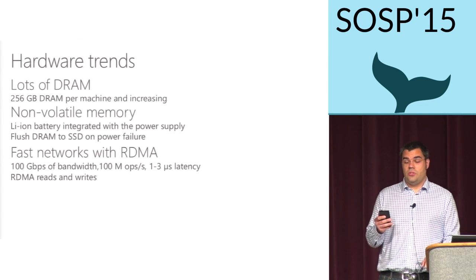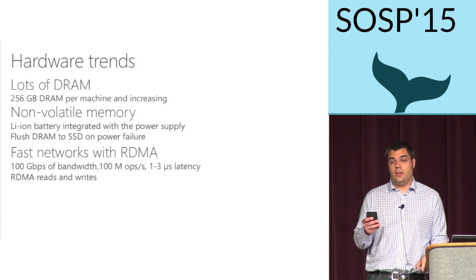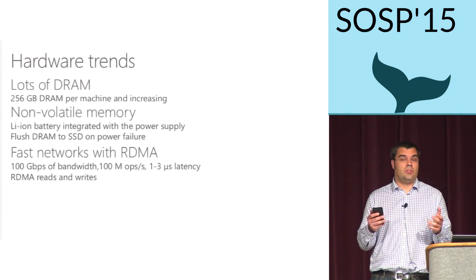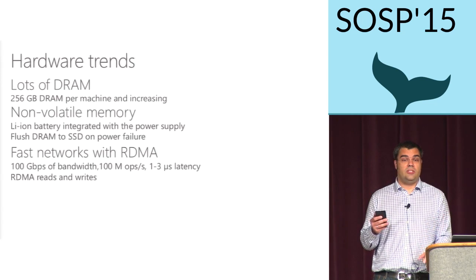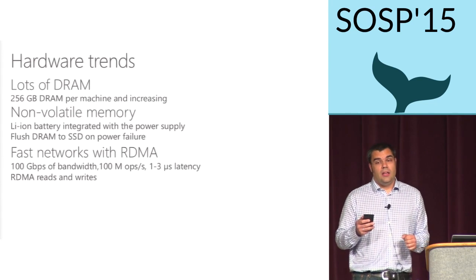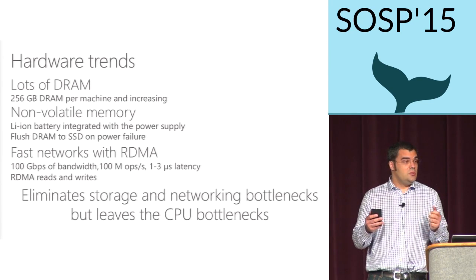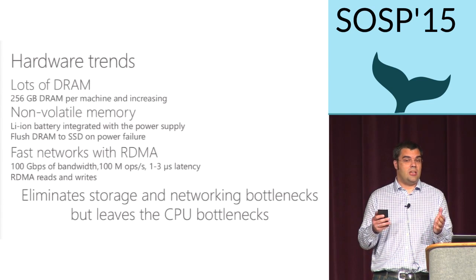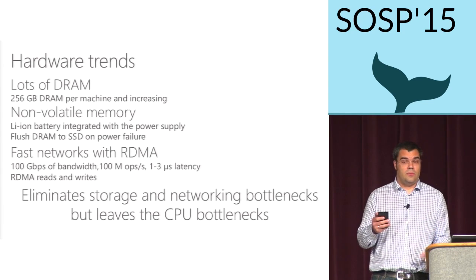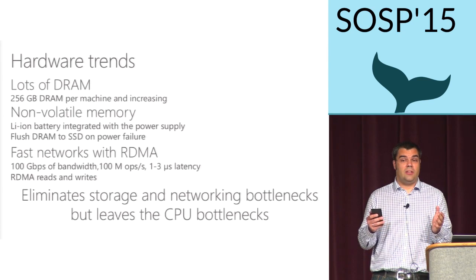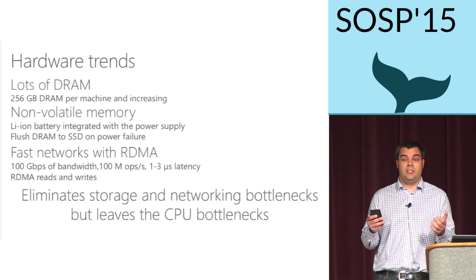And the third trend that we are using are these fast networks with RDMA support. These networks have very high throughput, very low latency, and these are user-level networks that basically bypass the kernel, so they're also very CPU efficient. And if you look at these 3 trends combined, what we can see is that these basically remove the overheads of accessing storage except during the failure case, and they also remove much of the overheads of networking. And this means that essentially the main bottleneck that remains and needs to be optimized is the CPU.